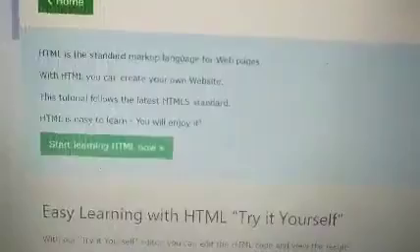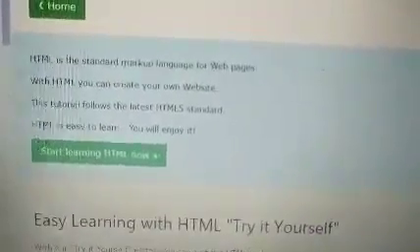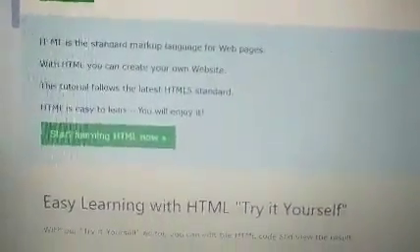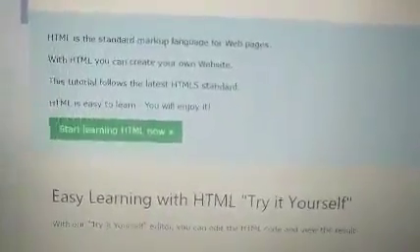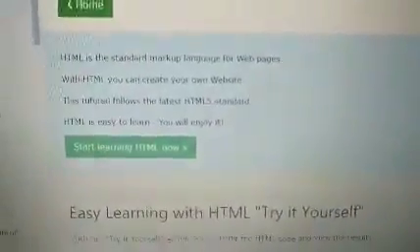In this tutorial we will follow the syntax of the HTML file, how we can execute the code and how we can run the code. This basic thing we will discuss, but first there is a basic structure of HTML. What is the basic structure of HTML? First you have to write doctype HTML.